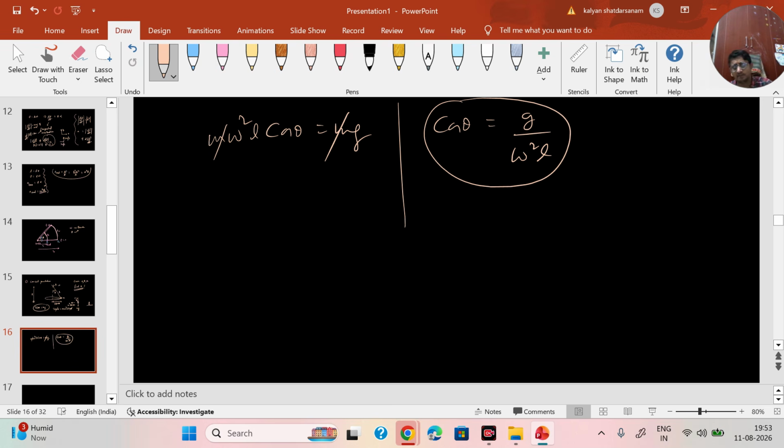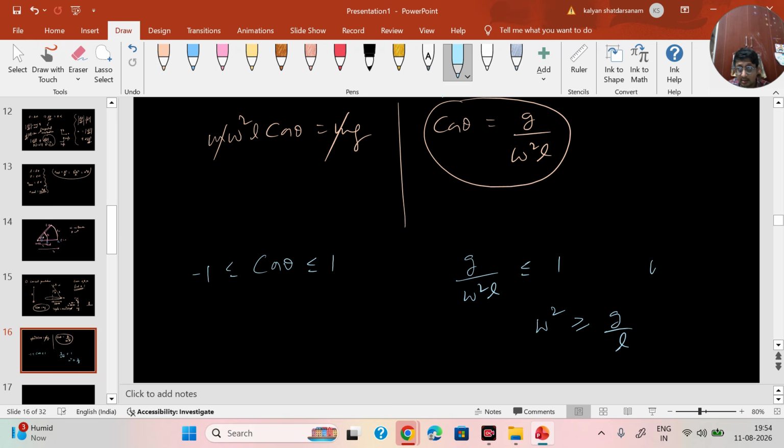But there is a problem with this. Let me tell you what the problem is. Your cos theta can always lie only between -1 and 1. It cannot go beyond that. Forget about negative values. Let's look at the positive values. So I can say g by omega square L should be less than or equal to 1, or my omega square should be greater than or equal to g by L, or my omega should be greater than root g by L. Only then